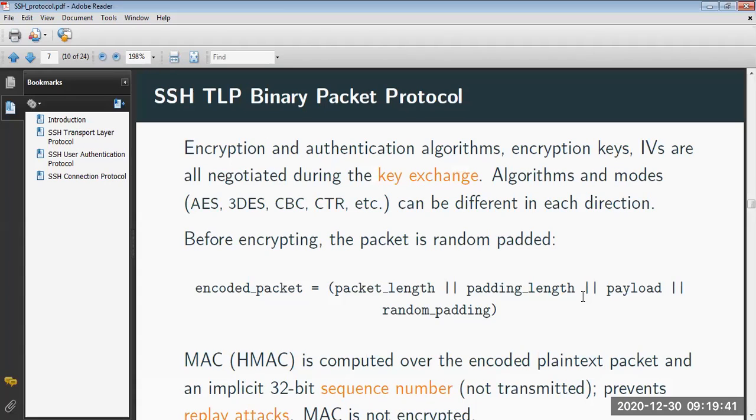Then algorithms and modes. This is AES, DES. ये आप लोगों ने पढ़ा है DES algorithm वगैरह, ठीक है। Symmetric key cryptography में भी है DES algorithm. Then CBC, CTR, etc. can be different in each direction. So before encrypting, the packet is random padded. तो encrypt करने से पहले वही हमने बताया ना, पैकेट को randomly क्या करना पड़ता है, पैडिंग बिट्स उसमें ऐड